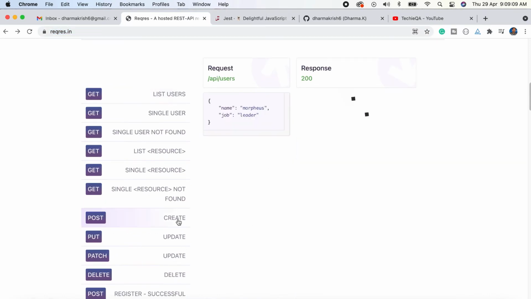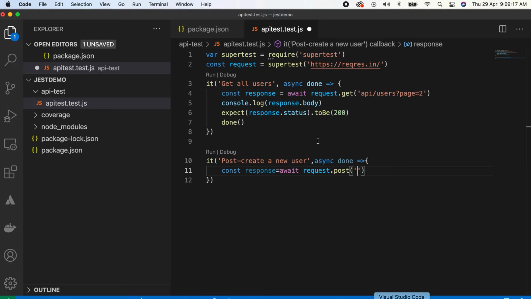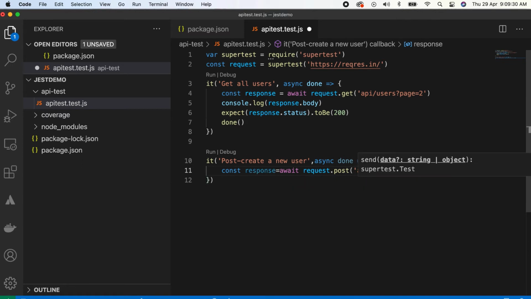The same website's create path is like api/user, only this much. And we also need to send the body content, I will show you how to send it. With the post method, you need to send a body. You have to use the send method, and inside you pass the JSON.